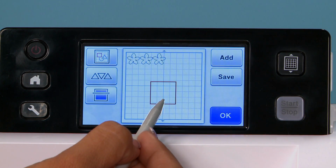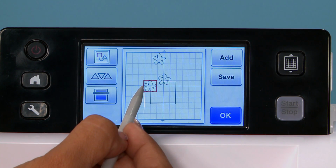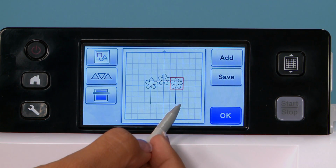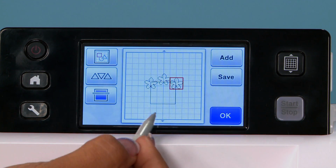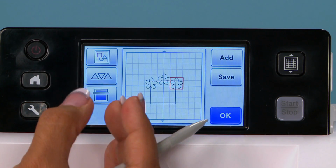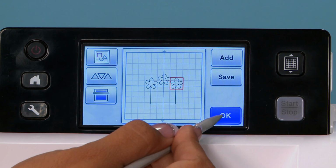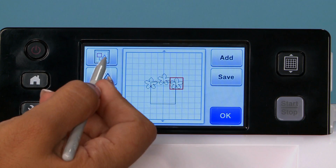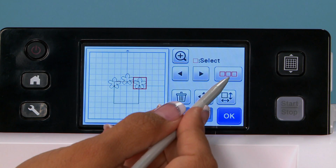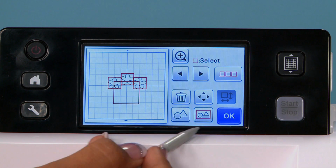Okay, taking this square, let's take these flowers and just place them around the rectangle to where they're touching the rectangle. You want it to where the rectangle and the flowers are intersecting so that when we weld them together, they will actually become one shape and all of the internal lines will disappear. Okay. Now that we have all of our shapes together, we can group them as a whole, hit OK,